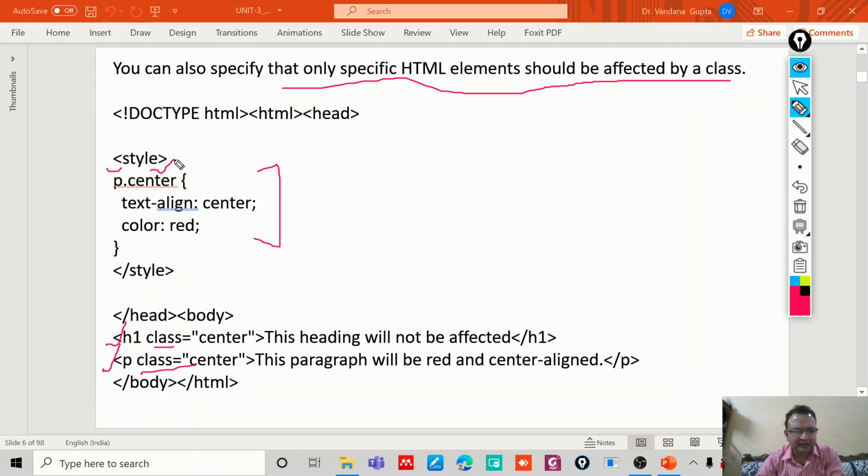The effect will be that the text written in this paragraph will be red and center aligned. But if you see this H1 text, this heading will not be affected, because we are not using h1 dot center. If I also use h1 dot center, then this heading will also be affected by the style. Otherwise this text will not appear in red color and will not be center aligned.